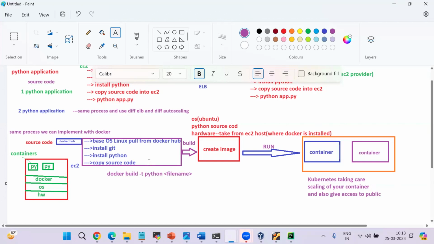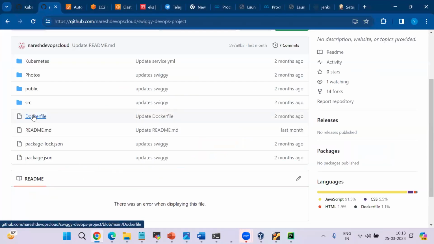So now come to this project. What is a Dockerfile here? Why is a Dockerfile required? Observe here. Why is the Dockerfile required here? To create an image. Create an image from where? Source code. This is the code. And in the Dockerfile,